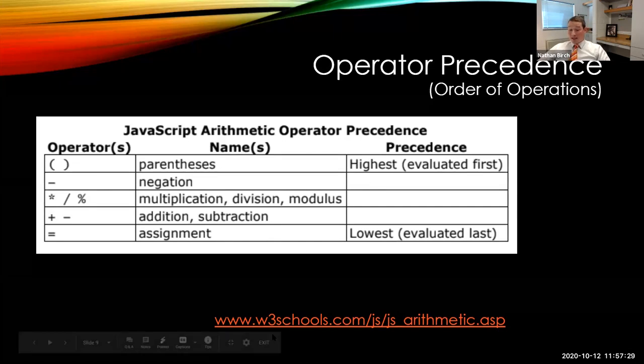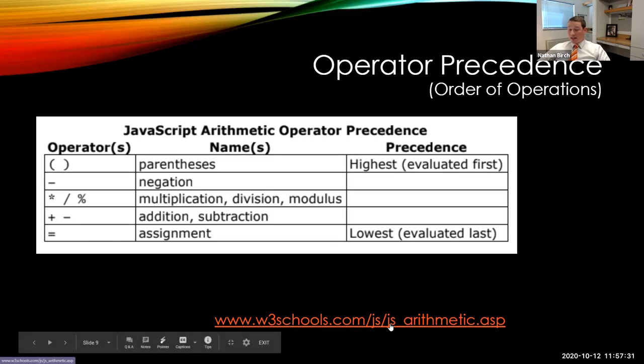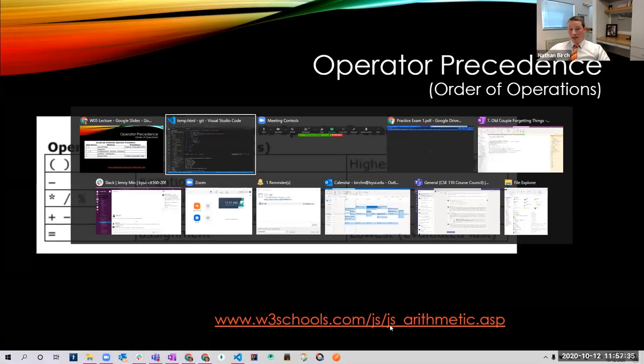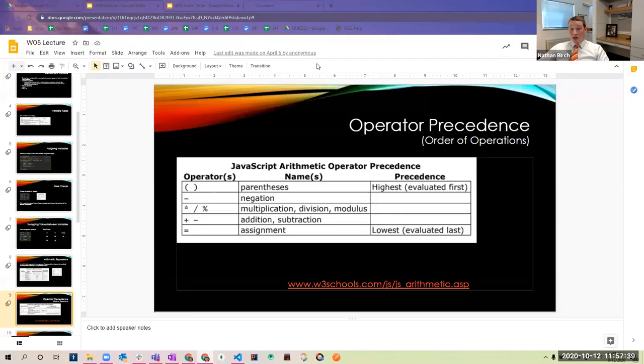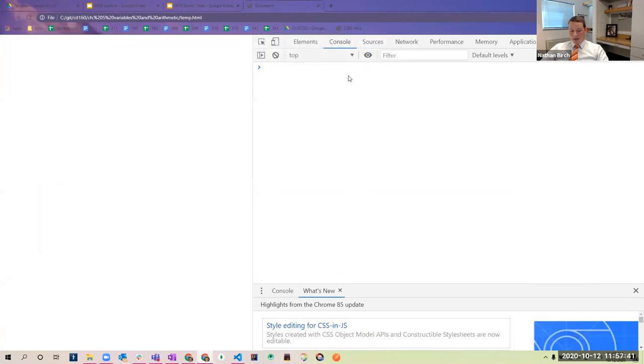Okay, you guys have access to these slides and to this link. I put this link in here in case you wanted a little refresher or you wanted to practice the same way that I did here in the browser with my console, where I was like, oh, what would this be? That link has a little try it editor, and you can do the same thing, and run things and test them. So,